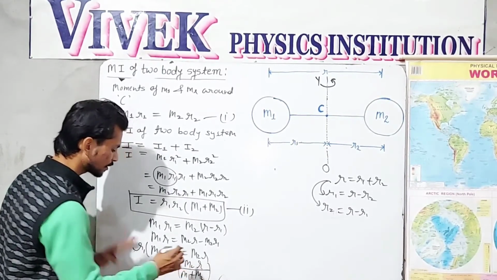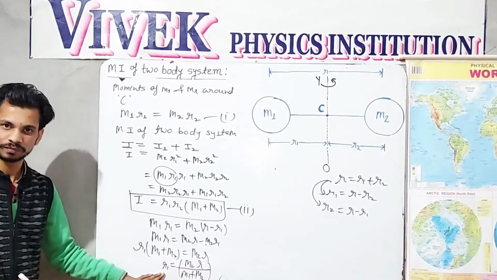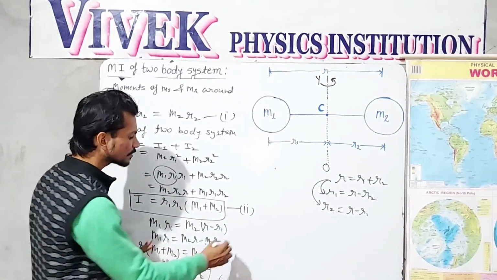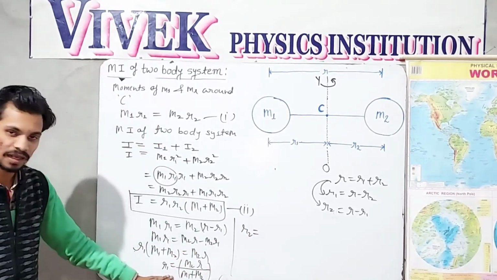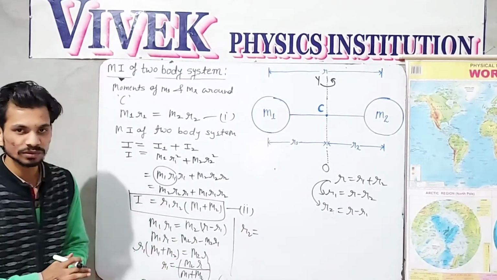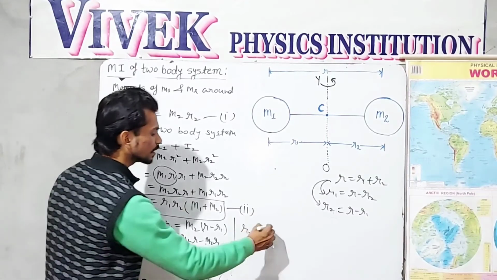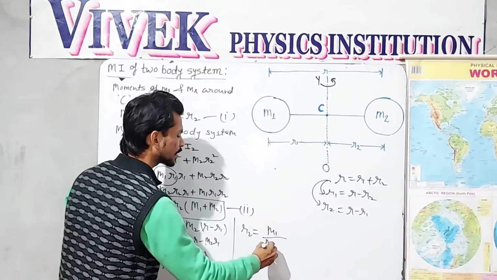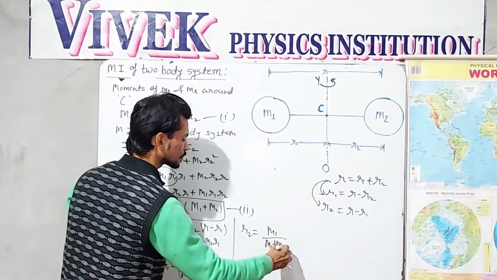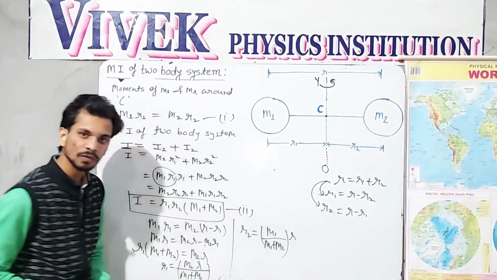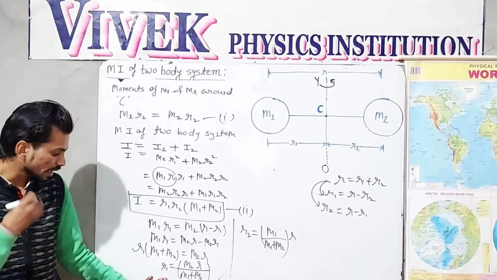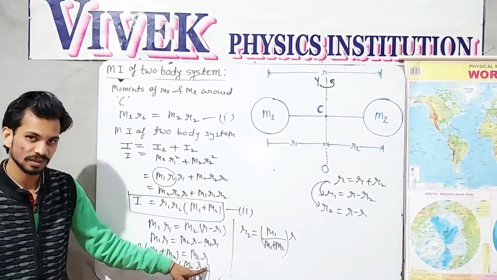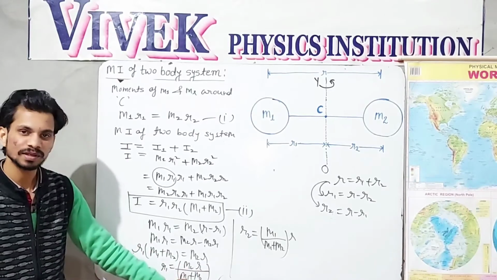So this is my value, which is going to equal R1. Similarly, I can find the value of R2 in the same way as I got this value. So for the value of R2, that will be M1 divided by M1 plus M2 times R. Just check the sequence. Here R1 is appearing. In the R1 formula, M2R is appearing and the denominator is M1 plus M2.